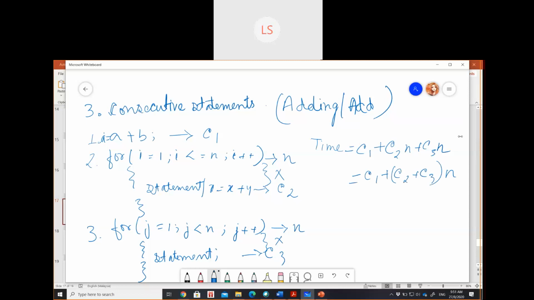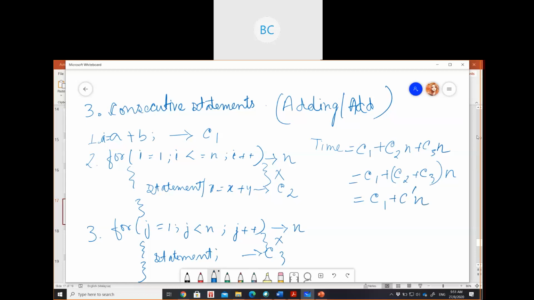In the last item, this is just any statement. I didn't write any return statement, but even if you write return 0, that will also be constant. So this expression you can represent as, suppose, C1 plus C'n.